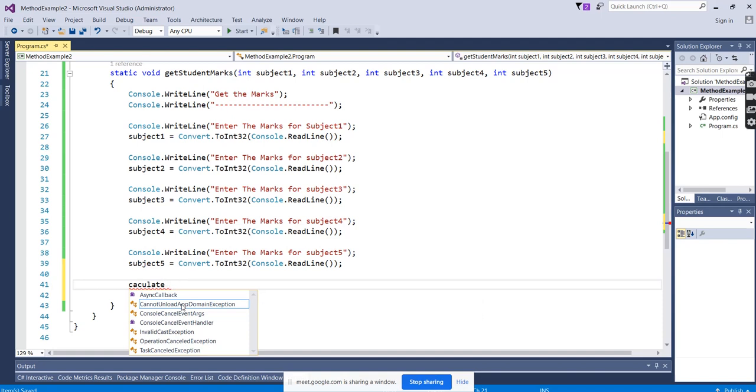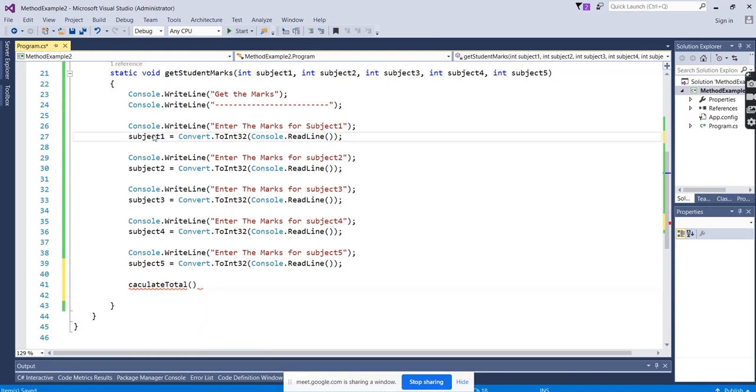Calculate the total method. Okay. Here what I will do, here I will pass the values. So it is possible to handle here itself, right? So again, why go to the main method? Why do you want to return the values, and from the main method, why do you want to write the function regarding the calculate total? So let's make it simple.